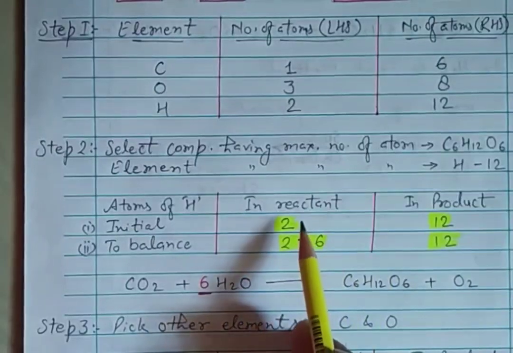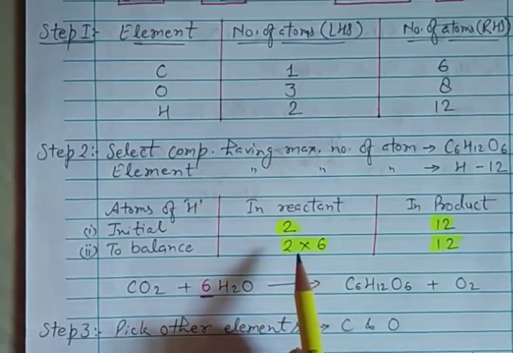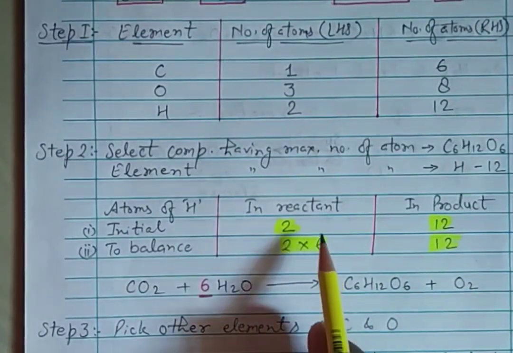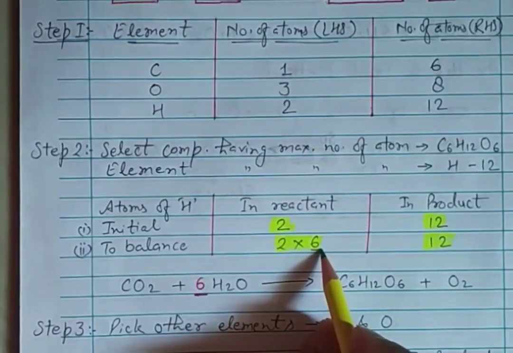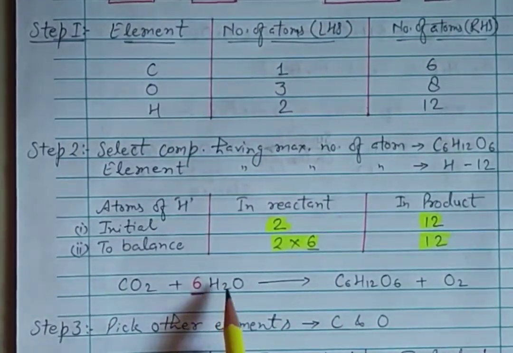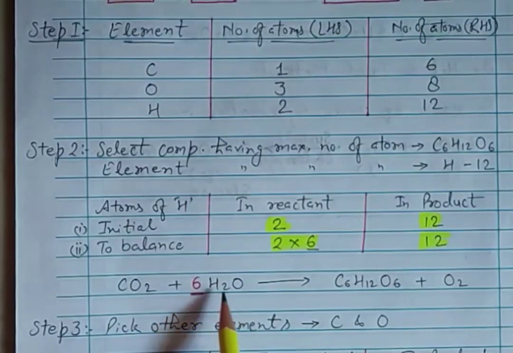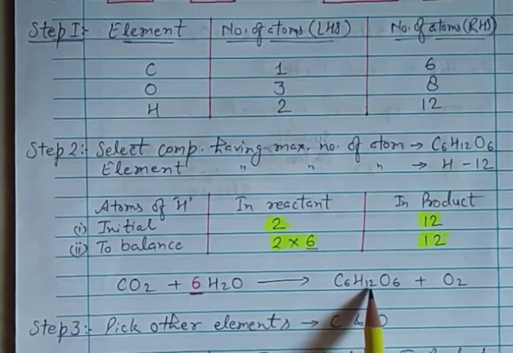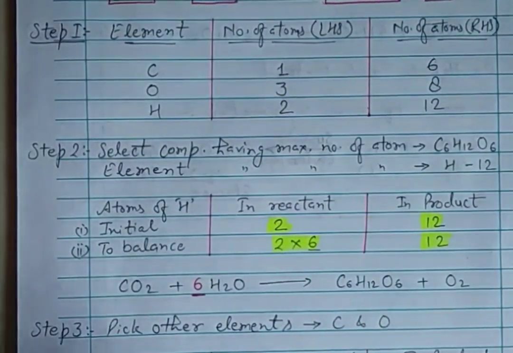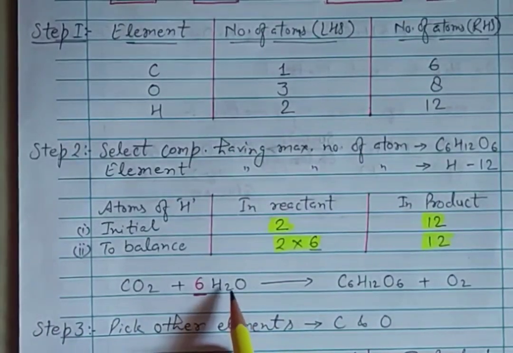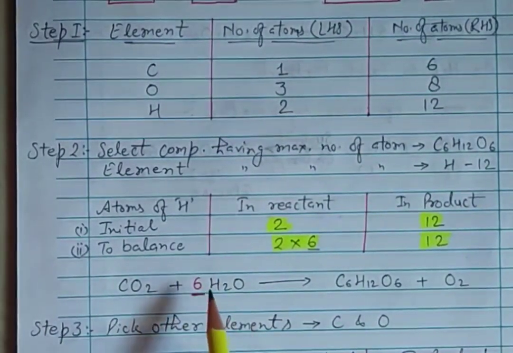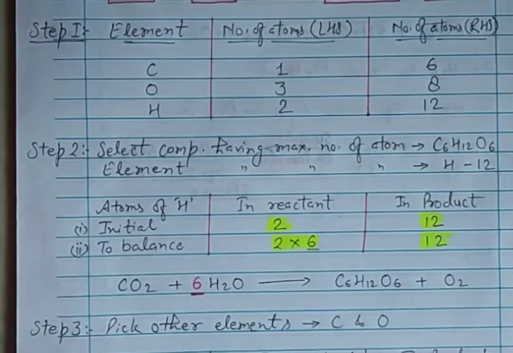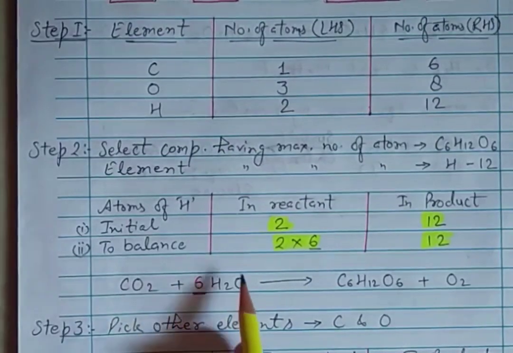It is very easy. If we multiply 2 by 6, then the numbers in reactant and product will be equal. This number 6, which we add ourselves, is written in the reaction before the compound, wherever hydrogen is present. So you can see 6 2s are 12 and here hydrogen is 12. So now hydrogen is balanced. Clear? Remember, you cannot change the formula of the compound. You cannot put this number in the middle or at the end of the compound.